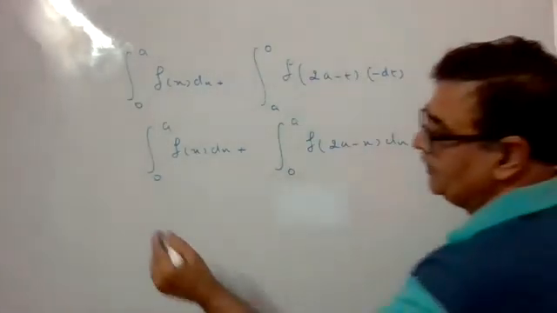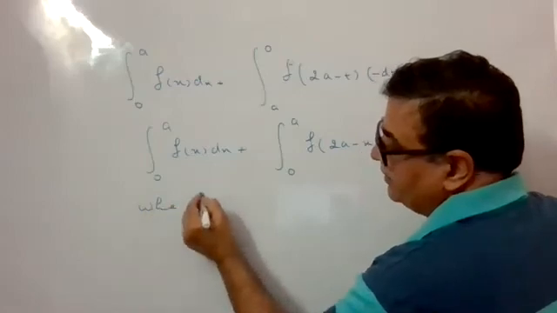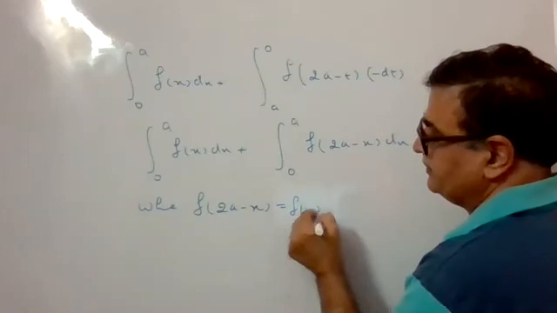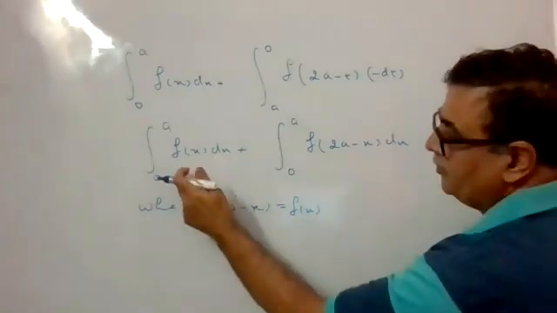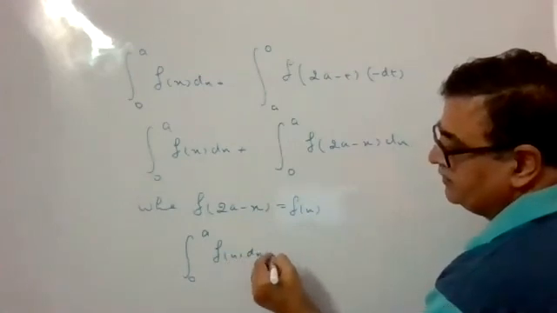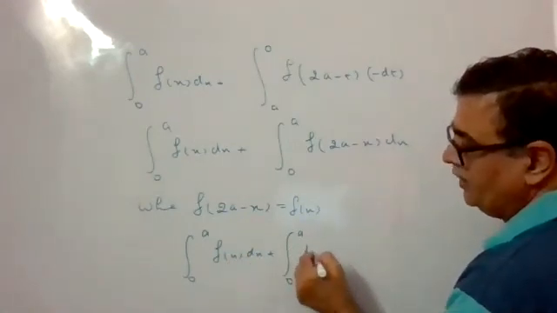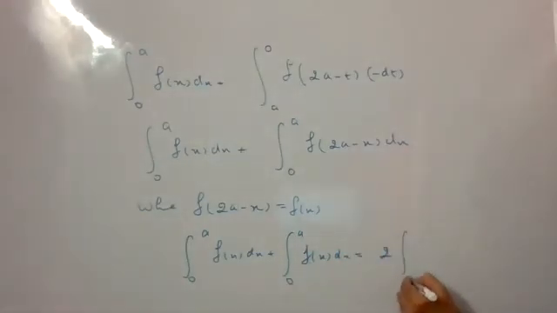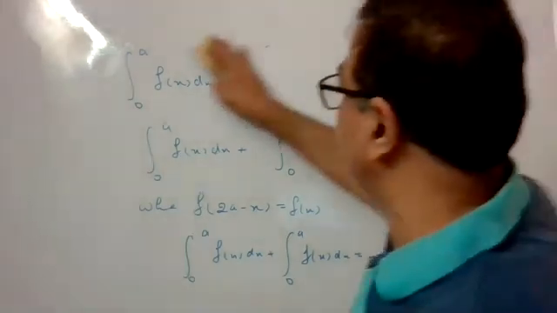And now we have two cases. When f of 2a minus x is fx, then what will this result become? This will be 0 to a fx dx. This will also become 0 to a fx dx. And your answer will become twice 0 to a fx dx. And when you have f of 2a minus x is minus fx,